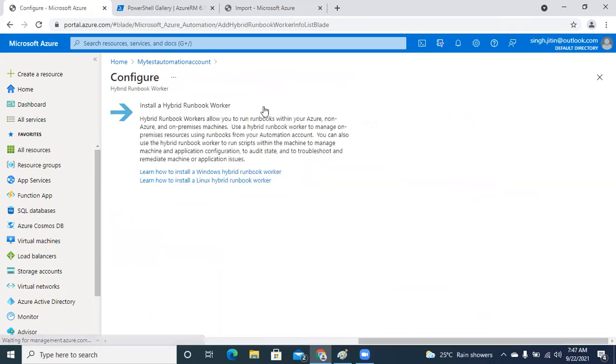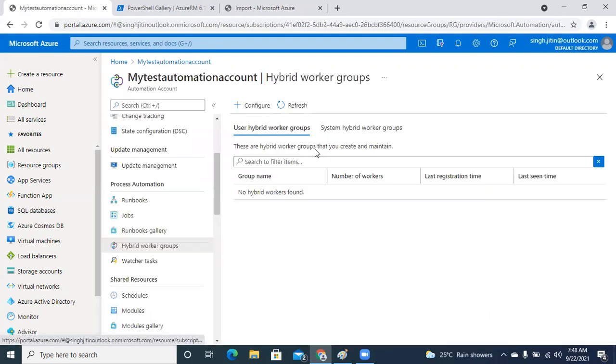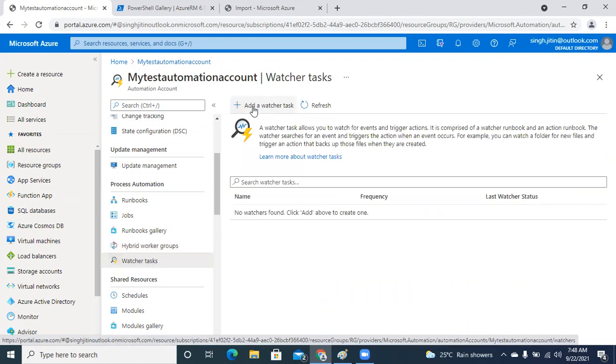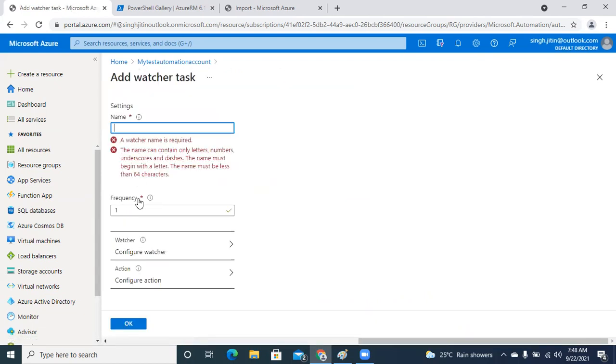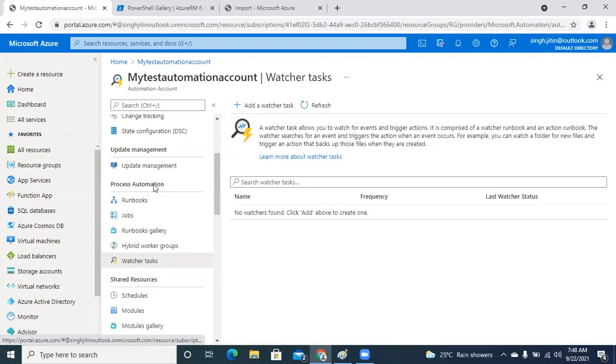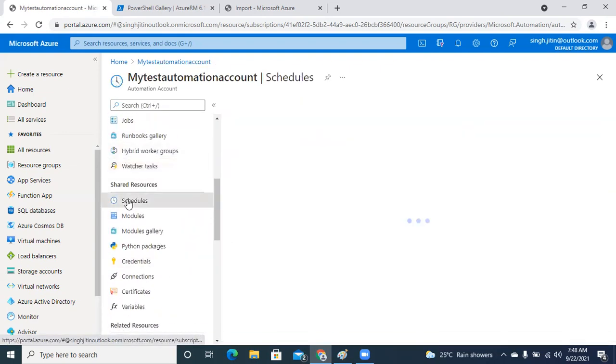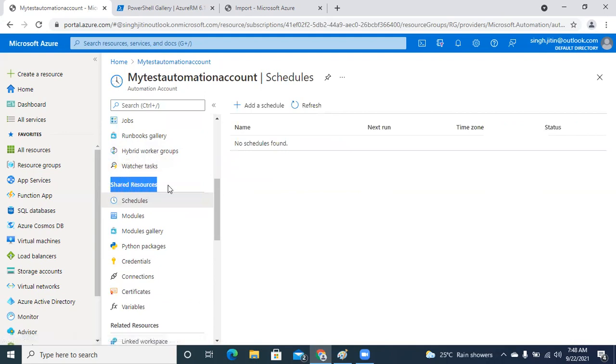If you have configured any hybrid worker groups outside Azure, for that you need to download an agent, that is your Azure automation agent, that you need to configure on those resources. You have the watcher task as well if you want to see the frequency on those resources and the action over there. Further, as I mentioned, the shared resources component can be used by multiple runbooks.